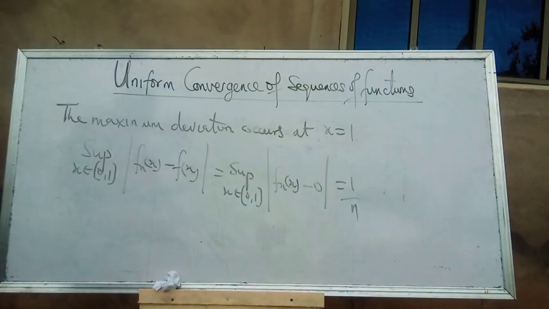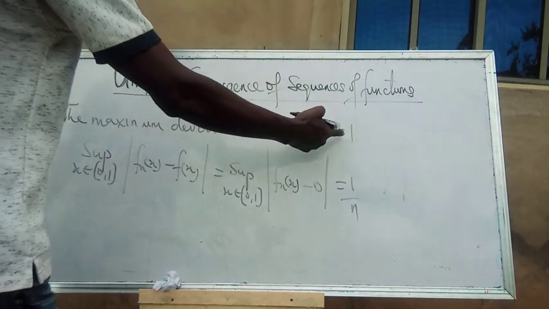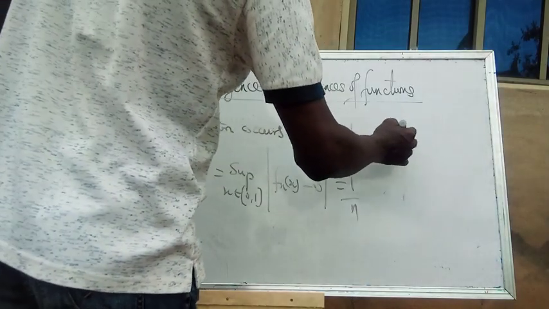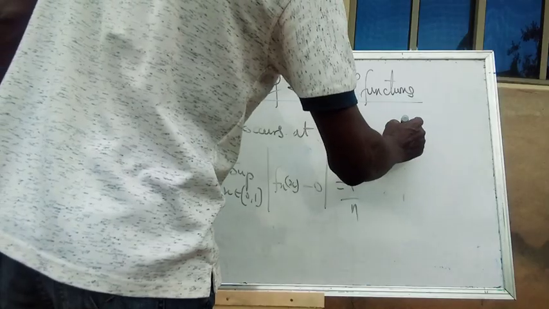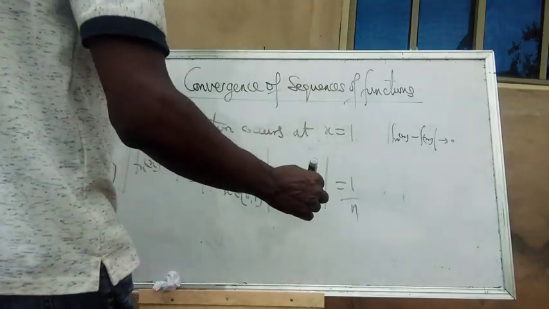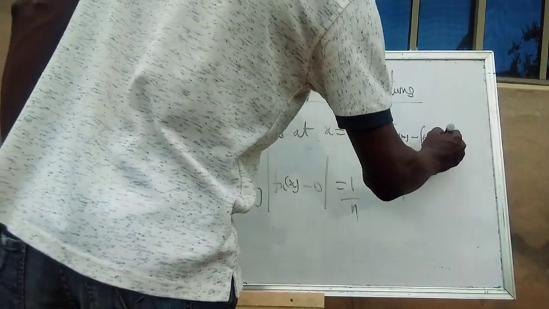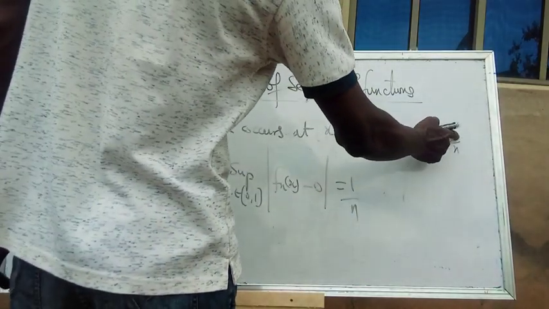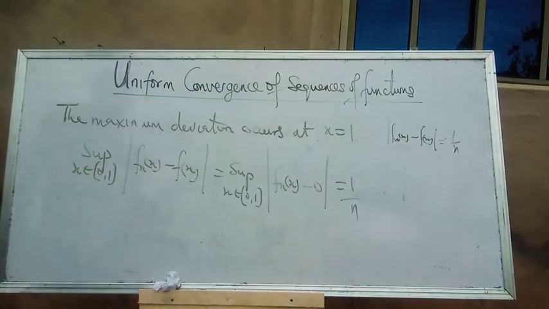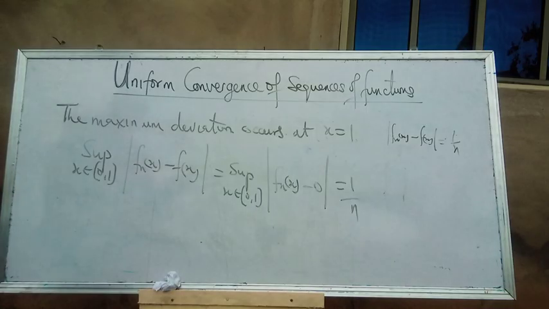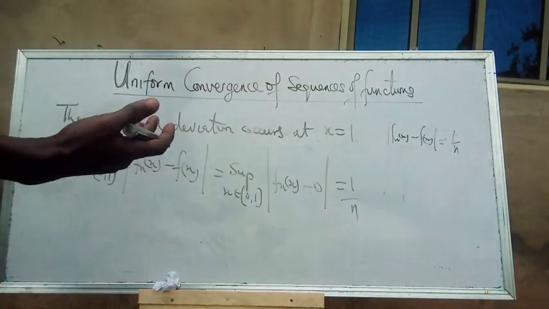Minus 0. Why? How come I got 0? Fine. Because we are picking our x to be equal to 1 here. If x equals 1, and we are saying that the supremum of the absolute value of fn of x minus f of x must tend to 0, now by definition it will be equal to x all over n. So if your x is 1, this one becomes 1 over n. I hope that is taken. And obviously, taking the limit of 1 over n as n tends to infinity, you will see that the value we are going to obtain is 0.